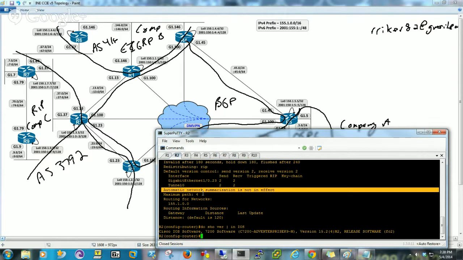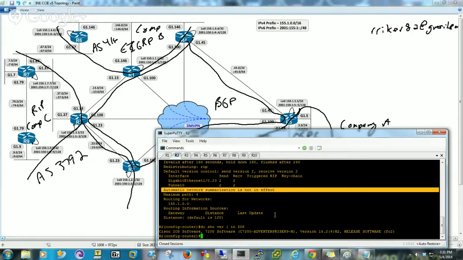So you can go ahead and not have to worry about the auto summary and just force a habit, really. But it's good to have that command in there. So we have that now, and then we're going to jump over to R3 and get that configured. And that's all we have to do. And actually, let's do this. We'll type in